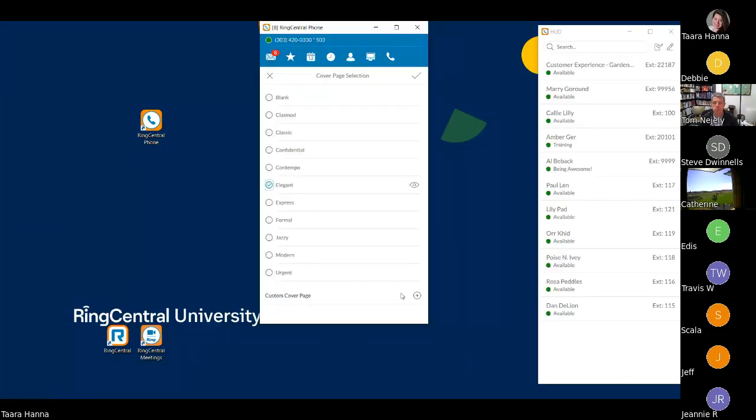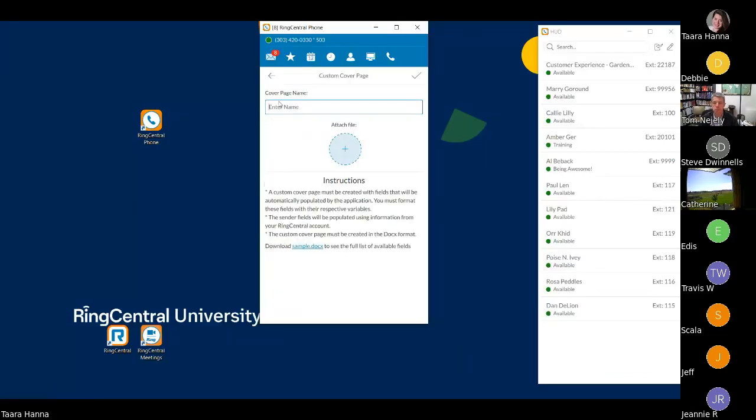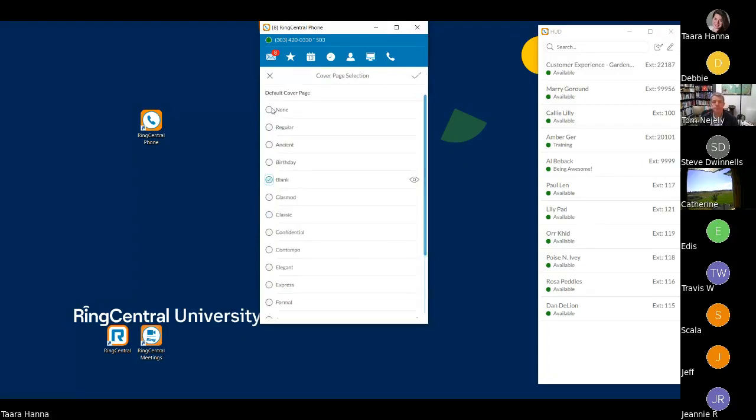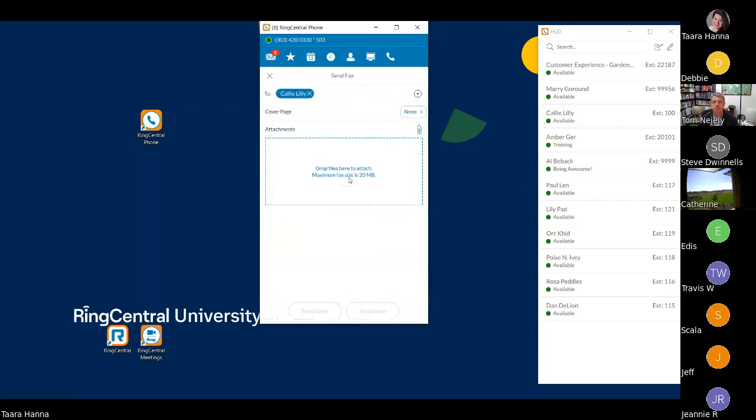You can also add a custom cover page if necessary by entering the name of your cover page and attaching your file. Once you've chosen the cover page, it'll have a checkbox here, or you can choose no cover page, whatever you'd like. From there, you can attach a file from your computer. You are limited in size, but this size is still equivalent to about 80 standard pages,